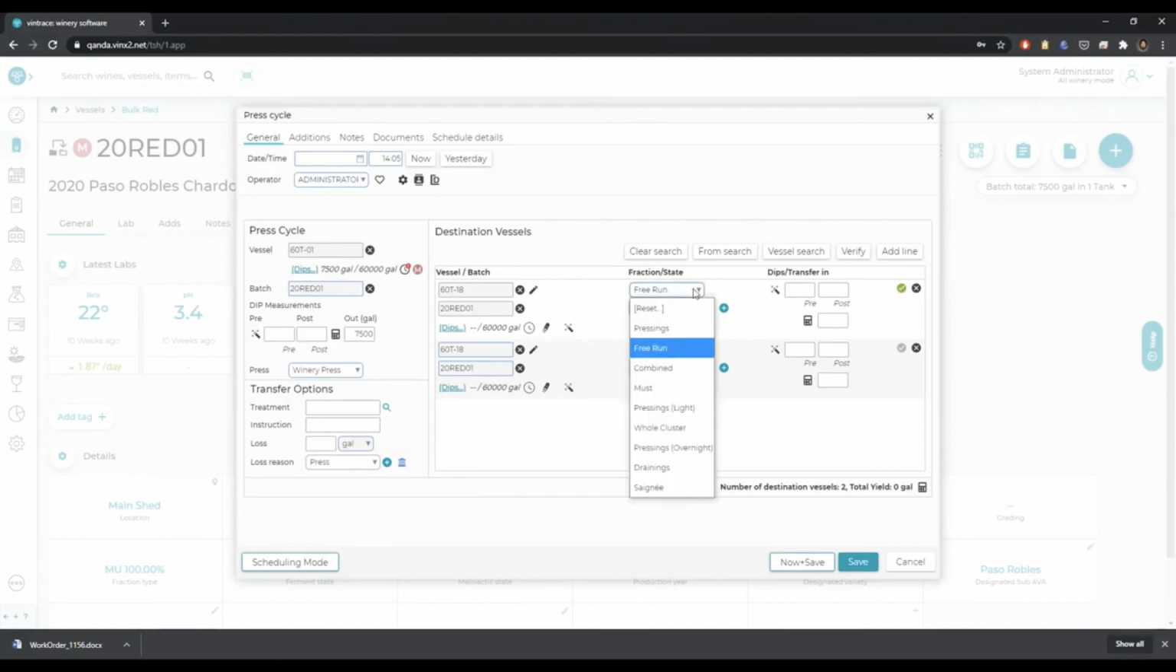And then you can choose the fraction type of this is combined. And then this tank's fraction type is going to be whole cluster. It's going into the same tank, but then vintrace is going to keep track of the fraction type. So then I can say we got 3,500 gallons here, 3,500 gallons here. So you're doing the math for the 50% whole cluster, 50% not. And then once you save this work order,